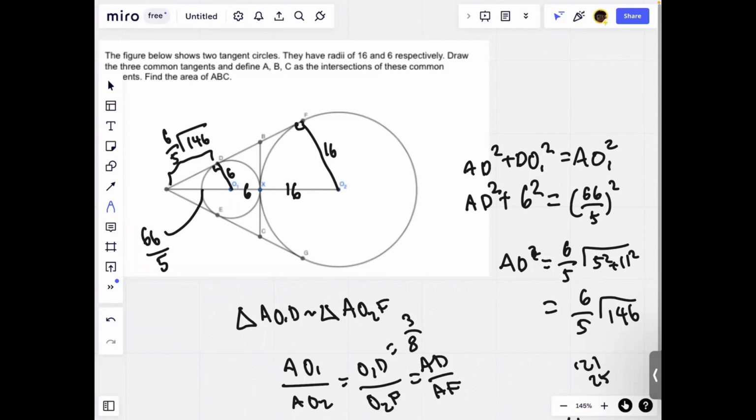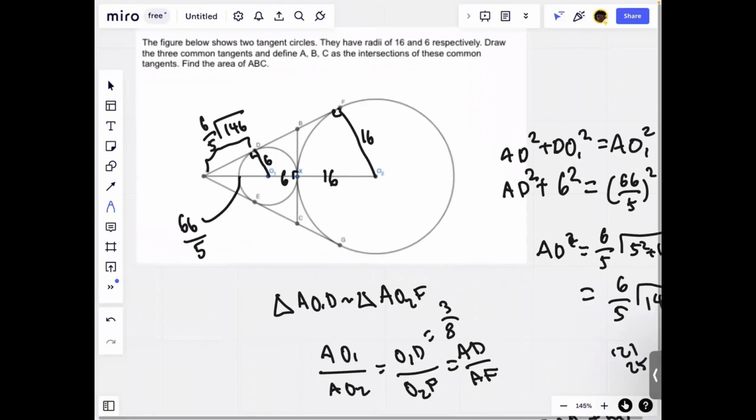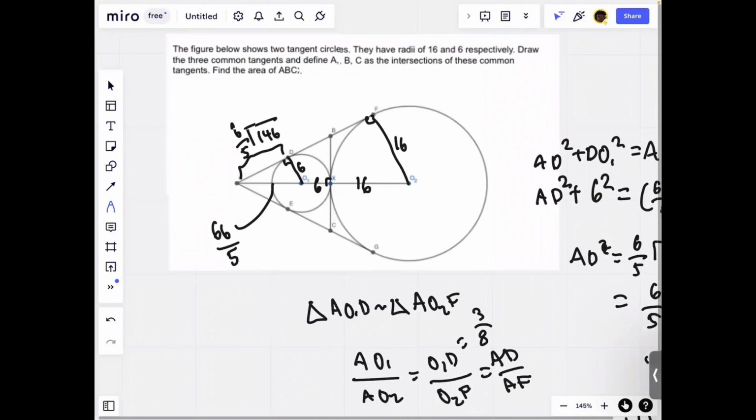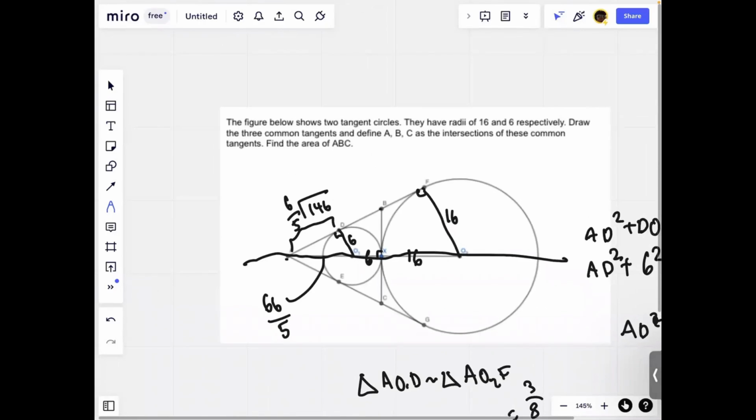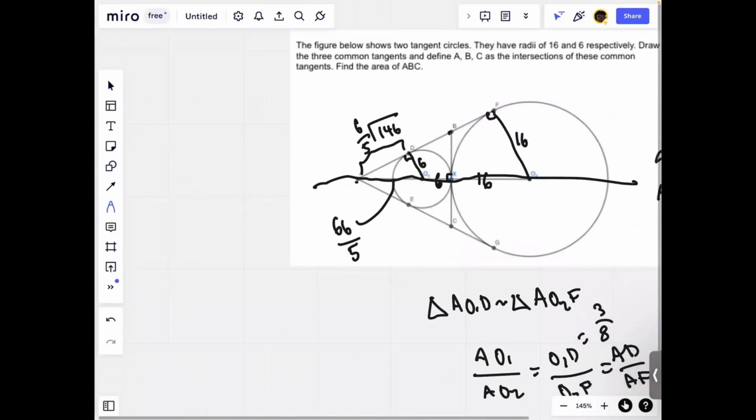So this is perpendicular. So we notice that the figure is symmetric along this line. So if we calculate the area of ABX, and we multiply that by 2, we can get the area of ABC. So to calculate the area of ABX, that triangle ABX is similar to triangle